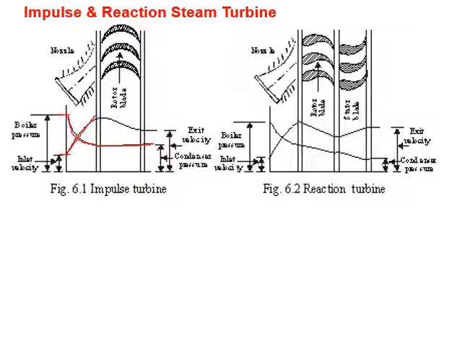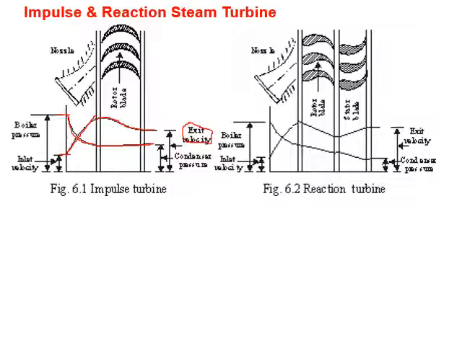Now see the variation of the velocity in the moving blades. This pressure energy is converted into kinetic energy, which causes a rise in the velocity of the fluid. At that higher velocity the steam flows to the moving blades, then the velocity drops. The velocity drop occurs in the moving blades, then it exits here. That is called the exit velocity of the fluid. So this shows the arrangement of the nozzle and the moving blades in the impulse turbine and the variation of the pressure and velocity in the fixed as well as moving blades.